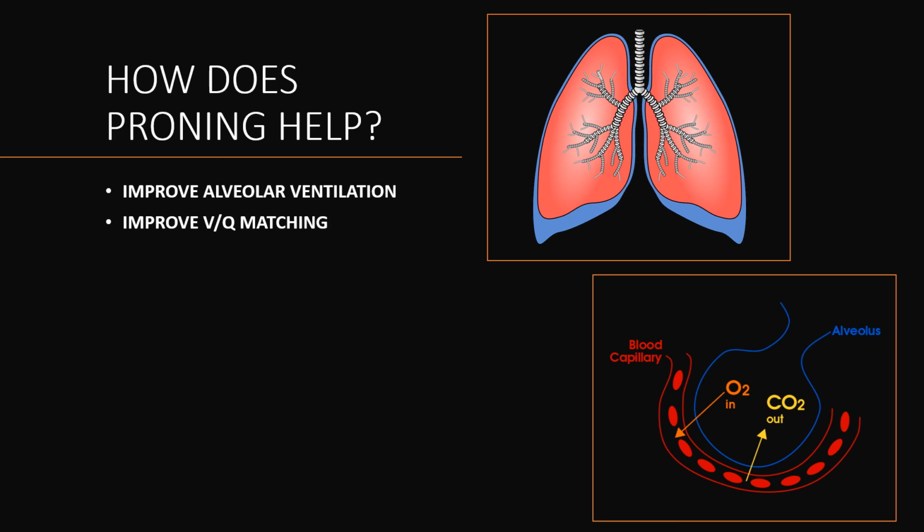So what will happen if we prone the patient? If we prone the patient, the fluid will shift from the dorsal to the ventral side. I told you earlier, in the dorsal side there are more alveoli. So more fluid will shift from the dorsal side to the ventral side. So what happens when the fluid shifts? More and more surface area will be opening up. So more gaseous exchange will take place. That's how it improves the ventilation.